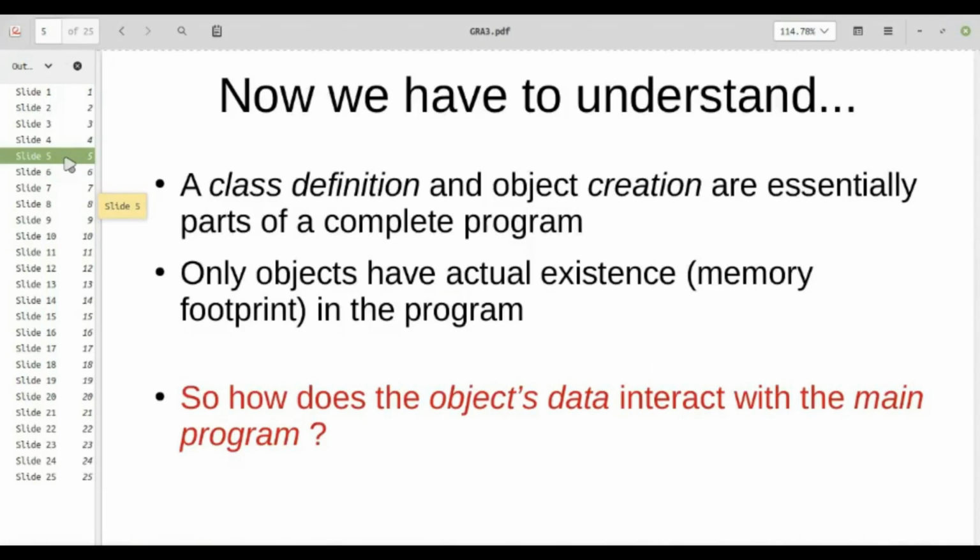Because if I do not get any access to the data, then I cannot actually use that object, right? Even if I cannot write, forget about writing, even if I cannot read the object's data, that will be a big problem for me. So how does that work?